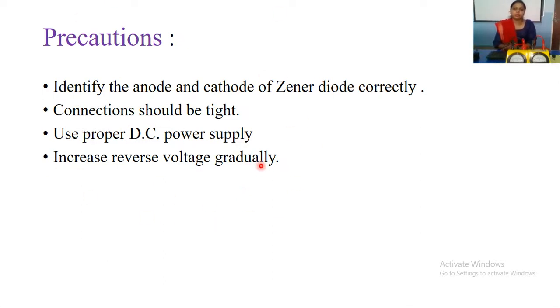So I hope you have understood what I have told you. This experiment is a very simple experiment just because the ready-made kit is available for you. Okay. So for this Zener diode, before going towards the practical, you have to know about the theory first. When you understand the theory, then only you will understand the practical also. So we will provide some raw data on what to write and how to write it with the file also. This video gives a brief introduction about the Zener diode and its characteristics. So this is about this experiment.